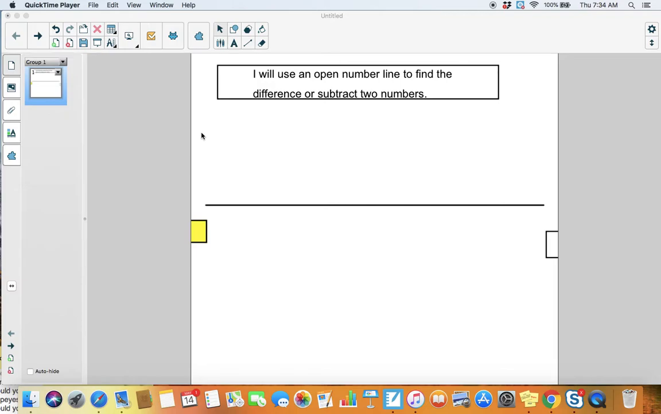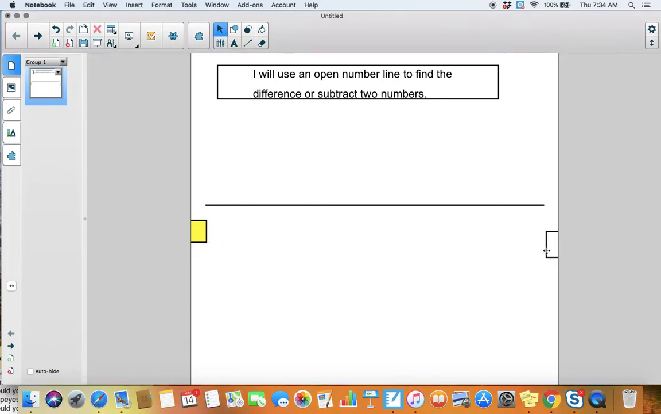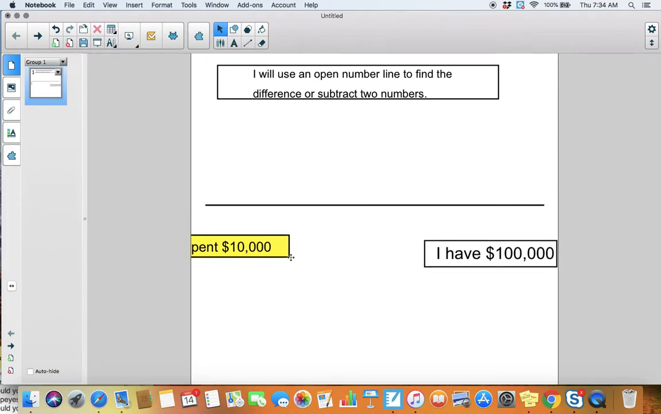Today I will use an open number line to find the difference or subtract two numbers. Okay, so I have $100,000 to spend. I just bought two items. Combined, I spent $10,000. So I want to find out the difference between these or how much change I'll get